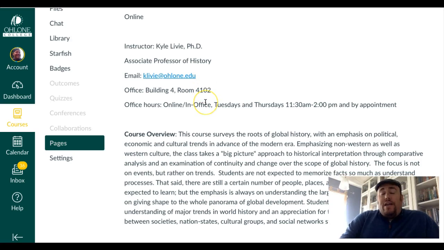And the best way to reach me, there are 2 ways you can contact me directly. One is through the messaging system in Canvas, which is great. Those messages go directly to my email inbox, and so I usually respond to them by email. And that's a really good way because you're in Canvas, and it records and keeps the message in Canvas, and that's helpful for me. So I prefer if you send a message through that.